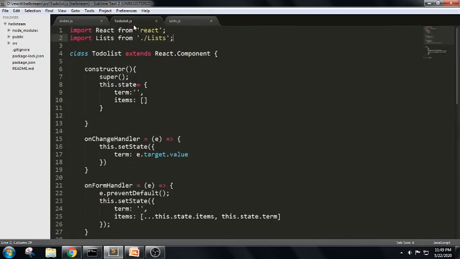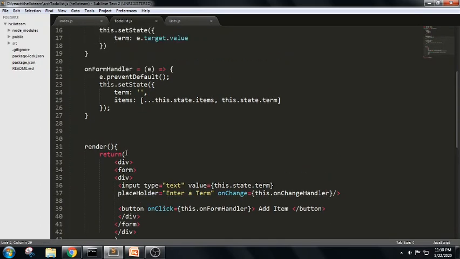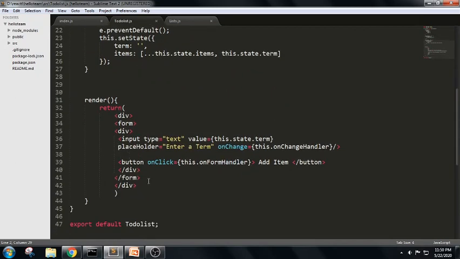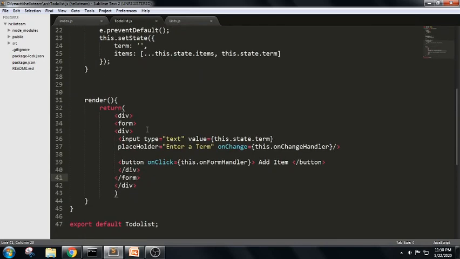We are trying to add, but here we haven't written code which deletes an item. We haven't written a snippet which deletes an item. We were trying to add an item. We were trying to display based upon the state, like this dot state dot items, but prior to displaying it we should always delete it. So in order to delete, we will write the delete method for this.